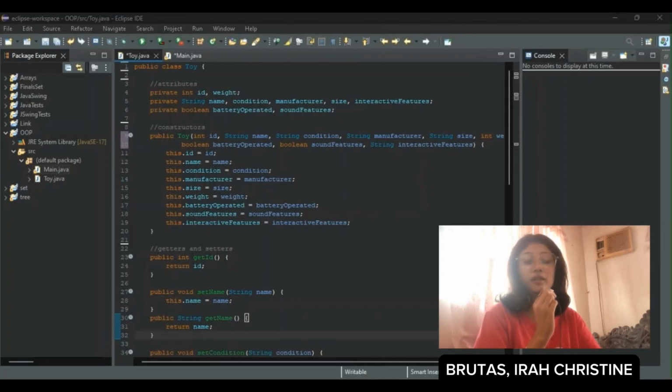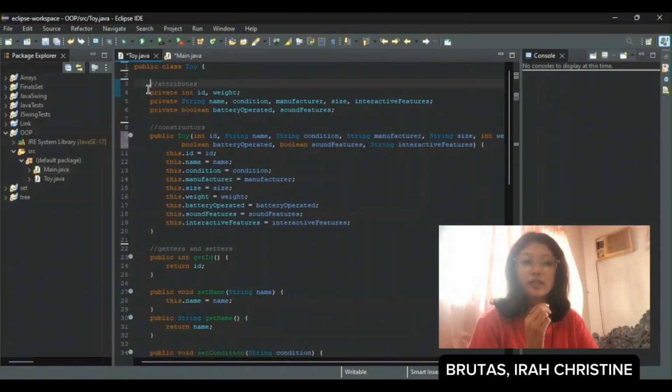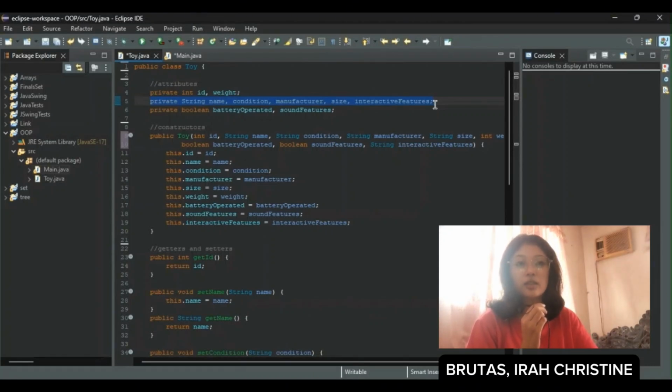The class contains several private attributes that define the properties of a toy: int ID, the unique identifier for the toy; int weight; String name, the name of the toy; String condition, the condition of the toy, like if it's new, used, or damaged; String manufacturer, the company that made the toy; String size, the size of the toy: small, medium, or large; String interactiveFeatures, which describes any interactive features the toy may have; boolean batteryOperated, which indicates whether the toy requires a battery; and boolean soundFeatures, which indicates whether the toy has sound features.